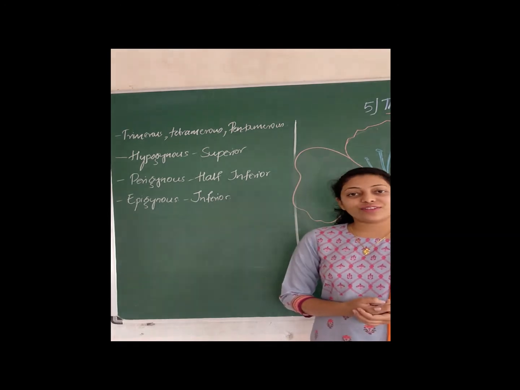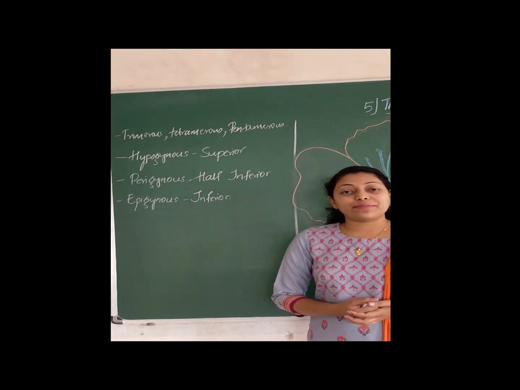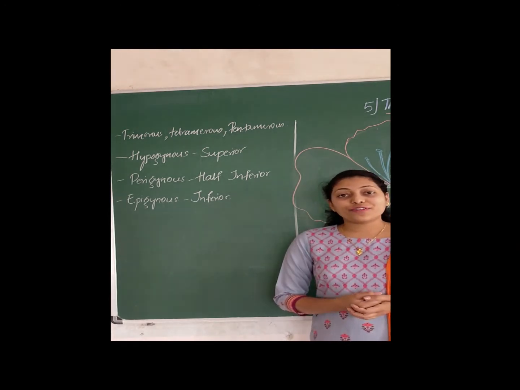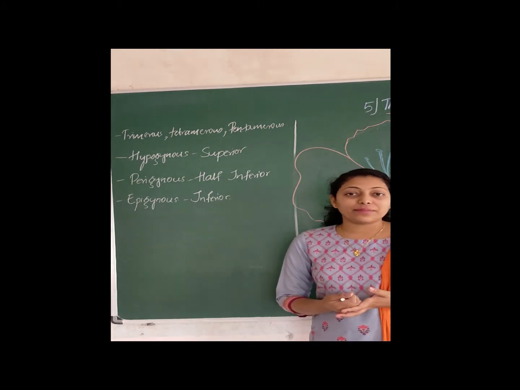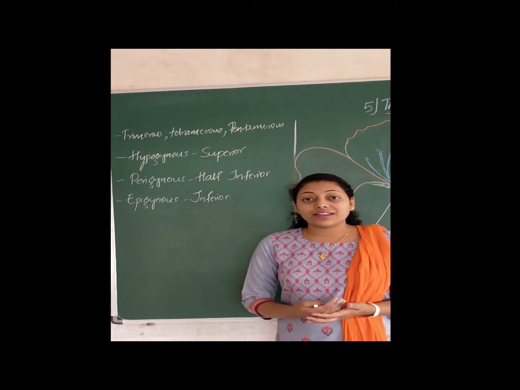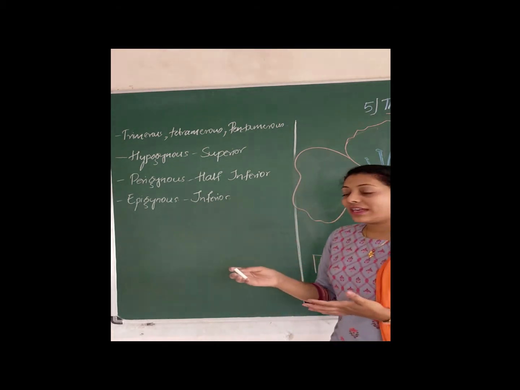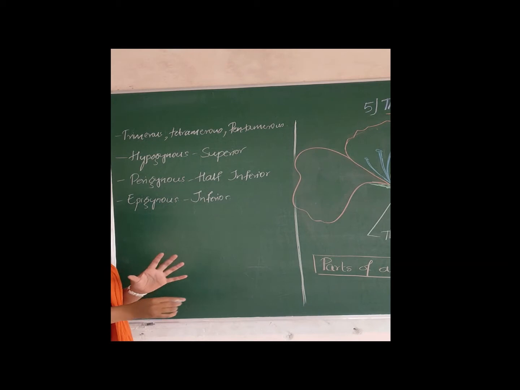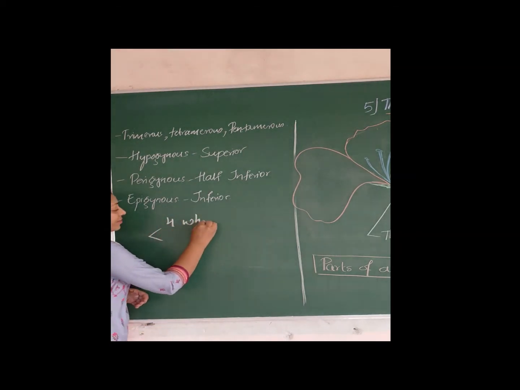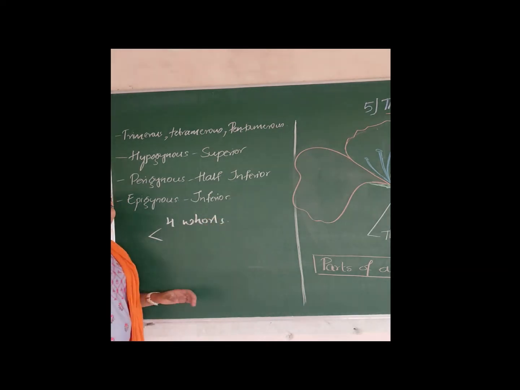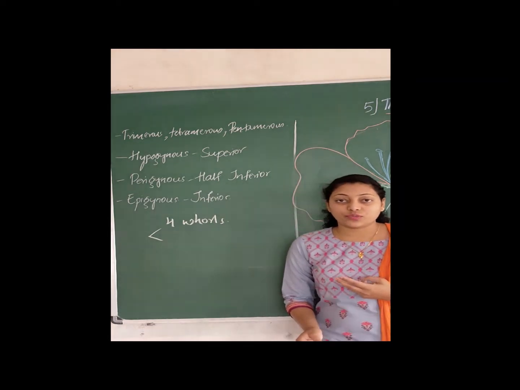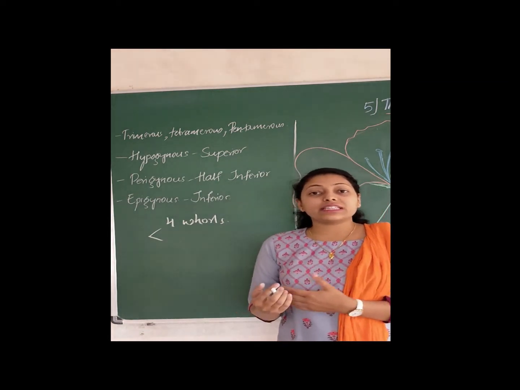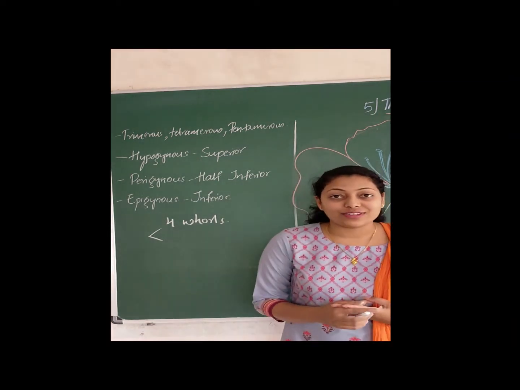So dear students, you all know that we have been dealing with chapter number 5, that is morphology of flowering plants. So in my previous videos, you have studied about different parts of a flowering plant. You all know that a typical flower consists of 4 whorls, of which there are 2 accessory whorls and 2 reproductive whorls, right? So here we can say that there are 2 essential whorls, right?